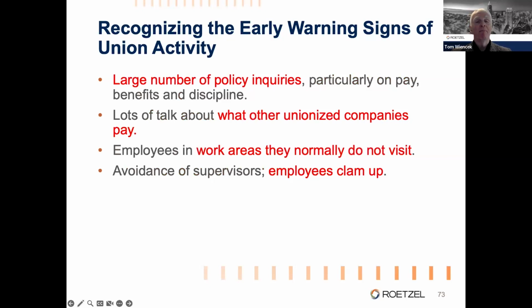If there's a large number of policy inquiries all of a sudden, particularly on pay and benefits and discipline, talk about what other unionized companies pay, or you've got employees in areas that they normally don't visit, and they're starting now to avoid supervisors. They're clamming up. Those are all the signs and triggers that you might have some kind of union activity